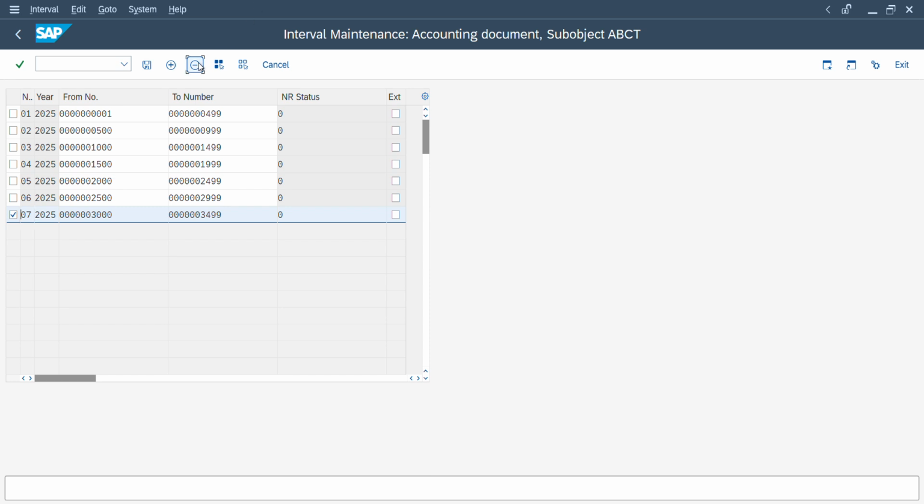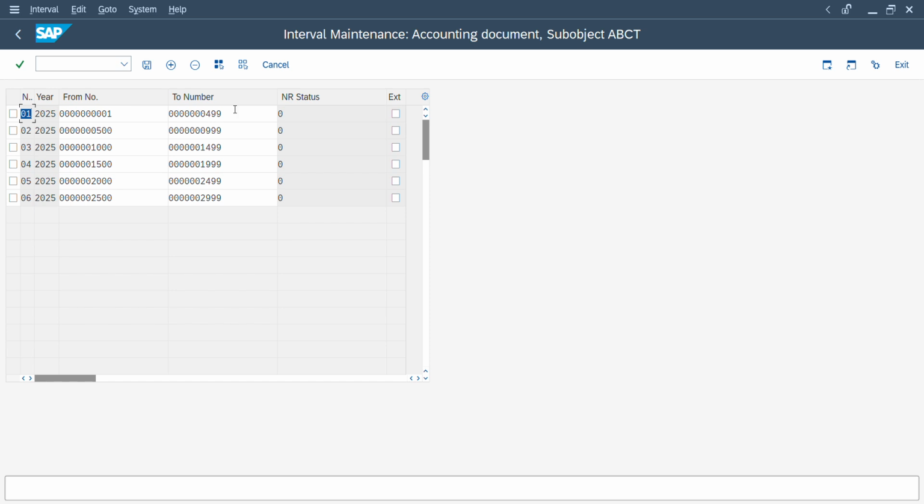Like we can delete this entry. Okay, and here you can see we have given 6 number ranges, like one is for sales order, and the second one is for customer invoice, customer payment, vendor invoice and vendor payment, and also asset document. So this is how we can see the number ranges very easily for the company code which we have